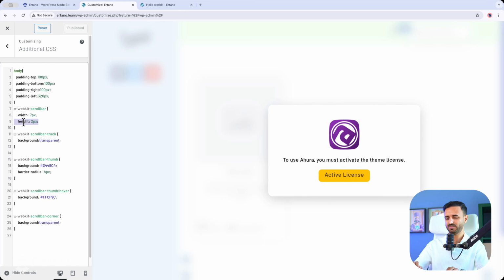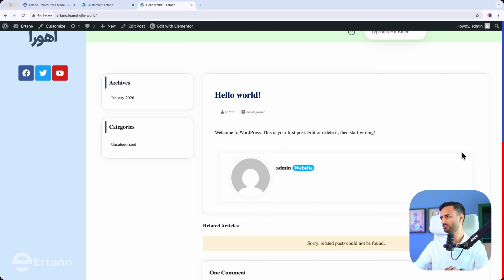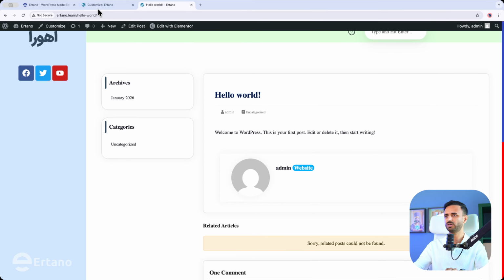In the height section, you can remove it because there is no height for our scroll bar. In the scroll bar track, in the background section, you can change your scroll bar background. For example, I'm gonna make it red. It's very, very bad, yeah? So I have to make it, for example, something like my website's background color,